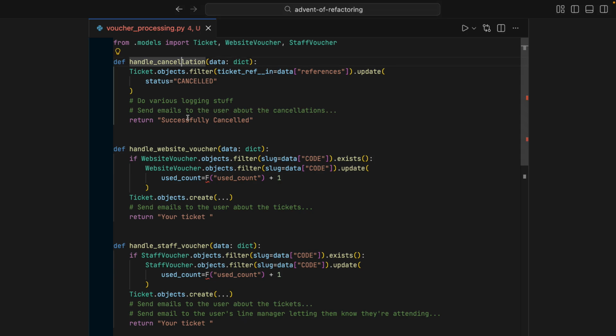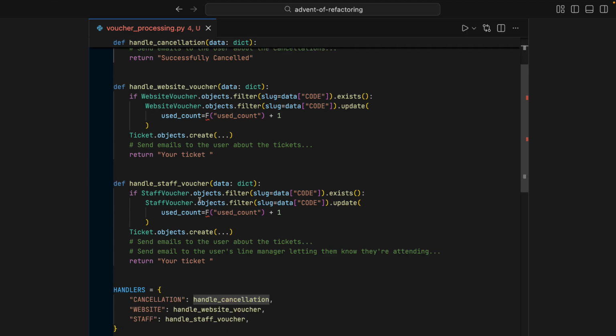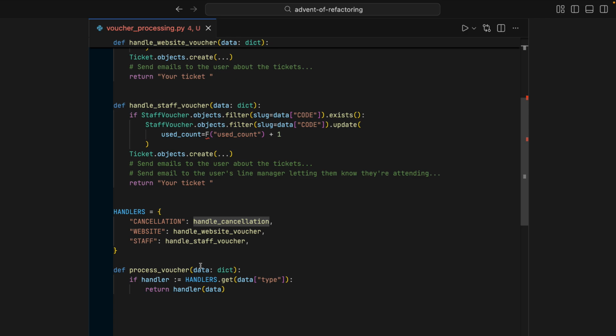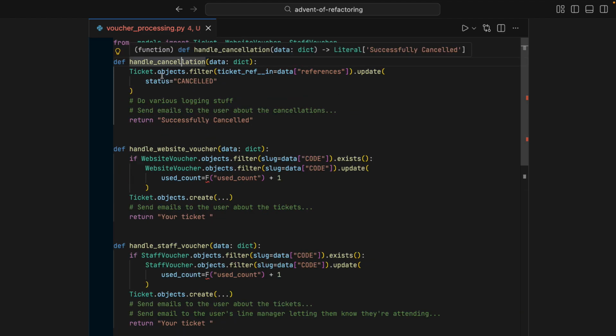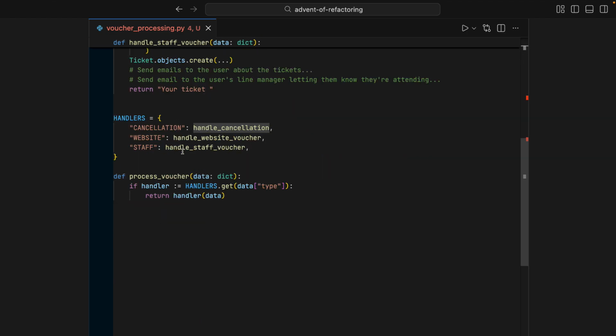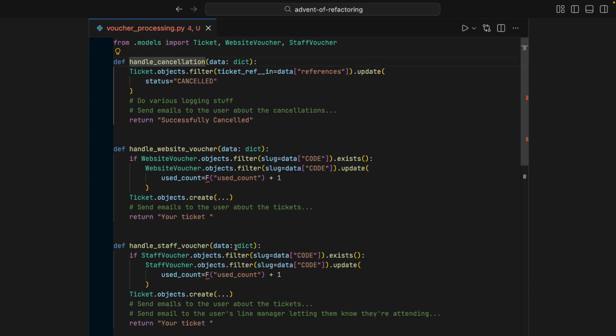So we have our separate handlers here for the different types of events that come in. Handle cancellations, handle website vouchers, handle staff vouchers. We've got a lookup table that does the lookups between them, and a single processing function that just processes them. At the moment these are all basic functions and they're all fairly clean. Because we're now using this lookup table and they're all being handled exactly the same way, we can now combine some of the previous refactorings we've done to separate some of the logic out